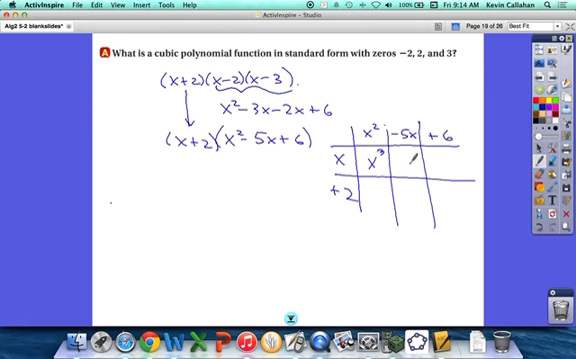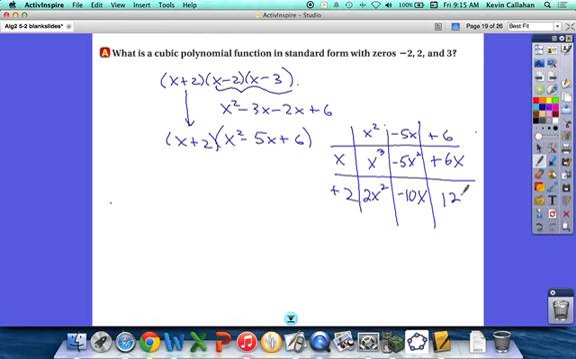Right. And this one, it'll be x times negative 5x. Negative 5x squared. X times 6. Right. 2 times x squared. 2x squared. 2 times negative 5x. Negative 10x. And then 2 times 6, 12, right? So we made our 6 terms, but just like when you FOIL,